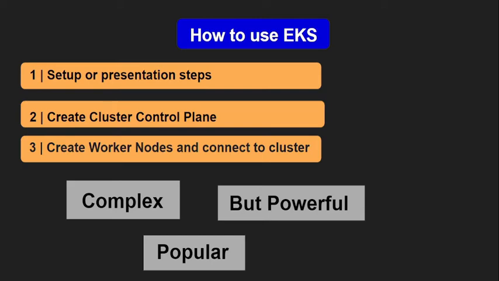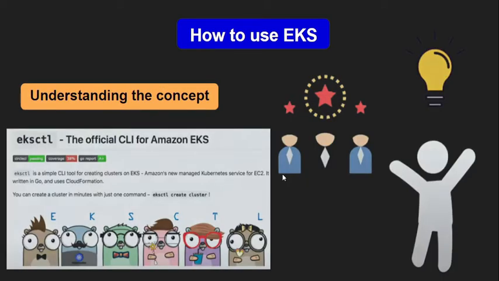I think it's relatively complex compared to other managed Kubernetes services like Linode Kubernetes Engine or DigitalOcean Kubernetes. But AWS is of course very powerful, and that increases the complexity, and it is also one of the most popular providers. So for example, at work or in your projects, you might have to use it. But the good news is there is a way to simplify this process of creating a cluster on AWS much faster and more efficiently, without having to do all of this one by one manually. And you can do that with a command line tool called eksctl.